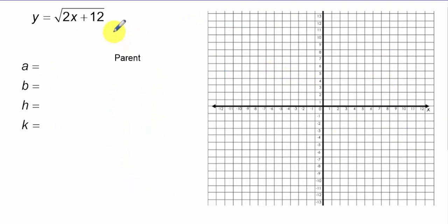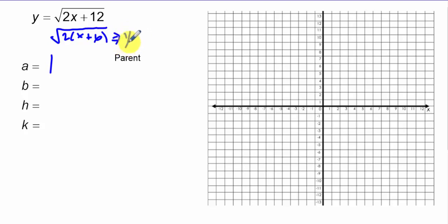So now we have a situation where the a value is 1. I'm unsure of what to do next because this isn't in a proper form. What I need to do is make sure that the coefficient of x has a 1 in front of it. So let's first of all go ahead and factor. Pull a 2 out and we have x plus 6. And then I need to make sure my b value is represented by a fraction, which it doesn't in this